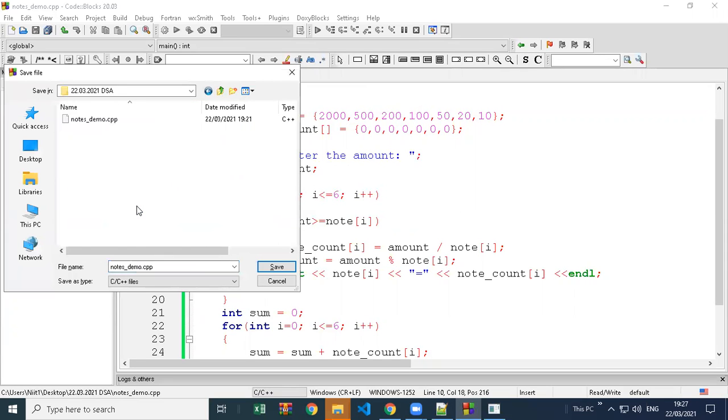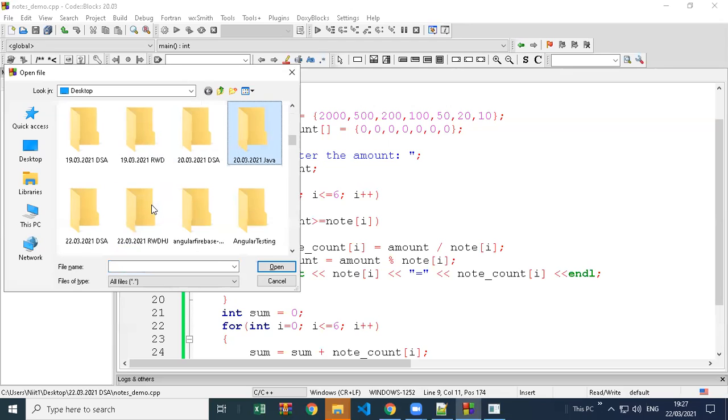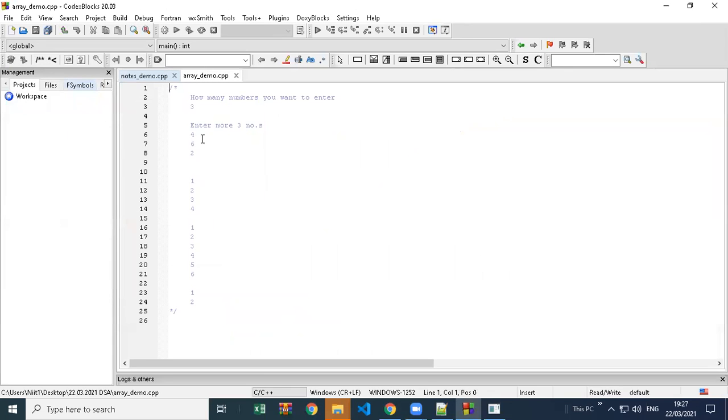Twenty-two DSA. Second DSA. Notes demo, array demo.